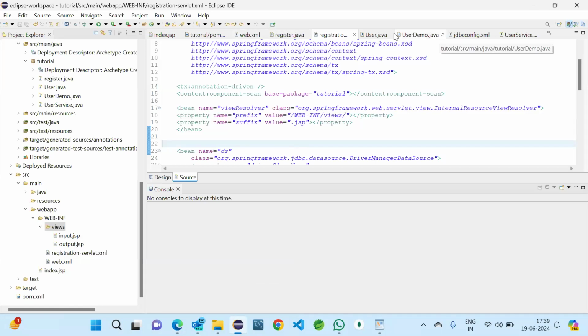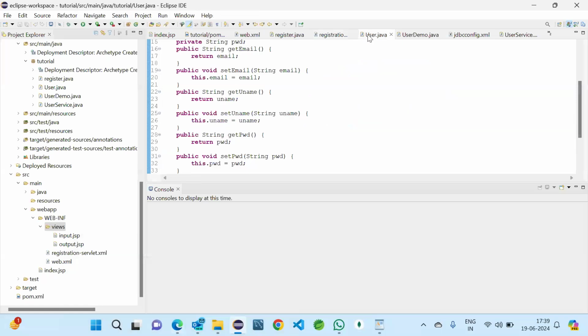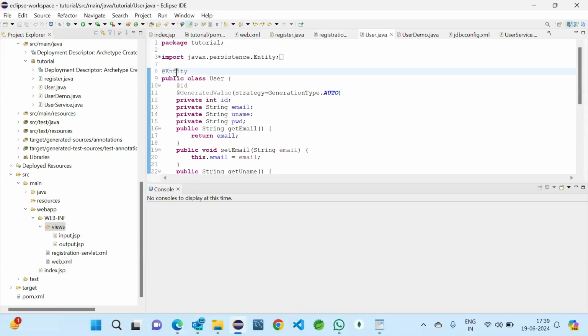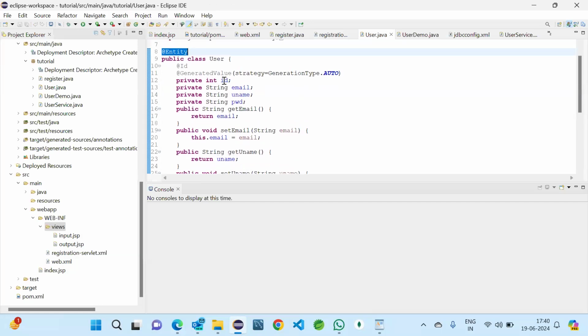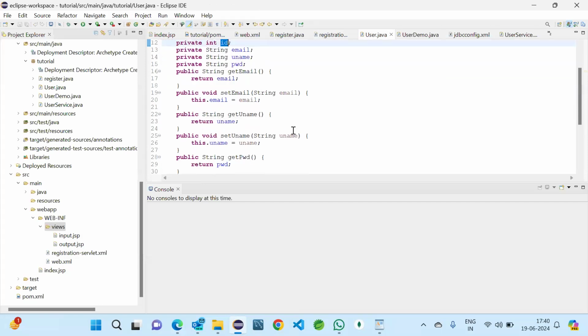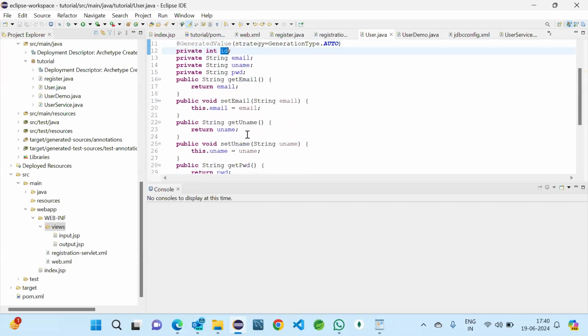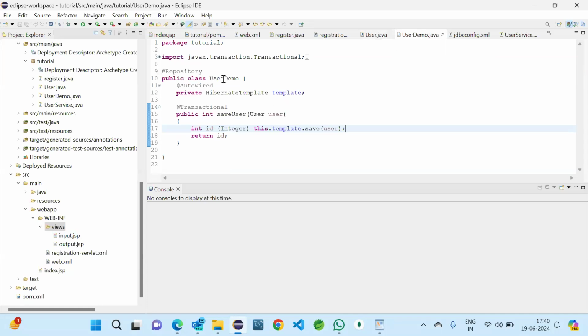So first we have created our entity with the annotation Entity and given all the fields which we require, and we made the id auto type also, so it will be auto generated every time, and the remaining three we will be giving from the form which we are going to create for the input. And then we have created a repository.